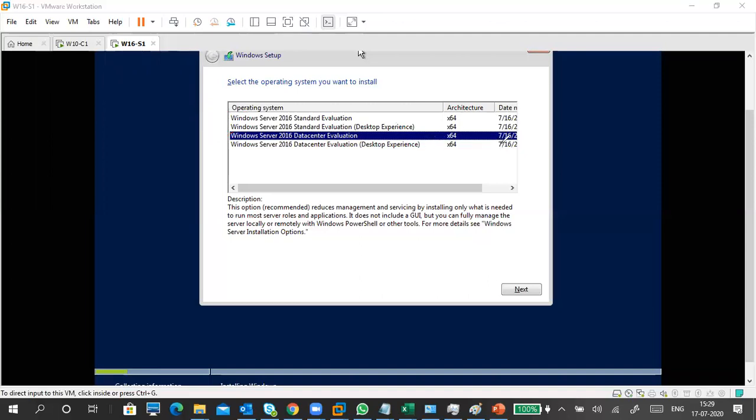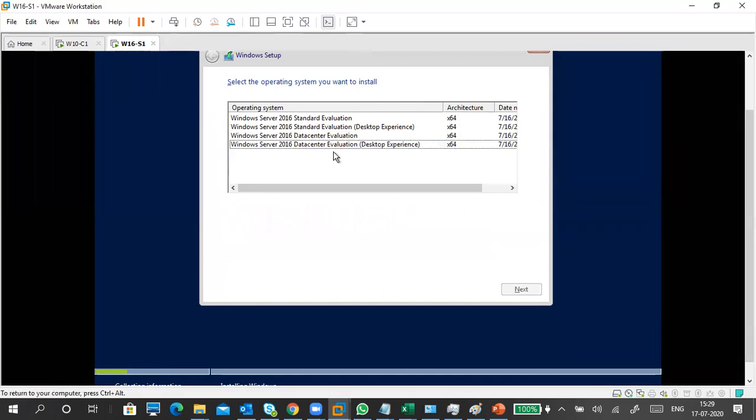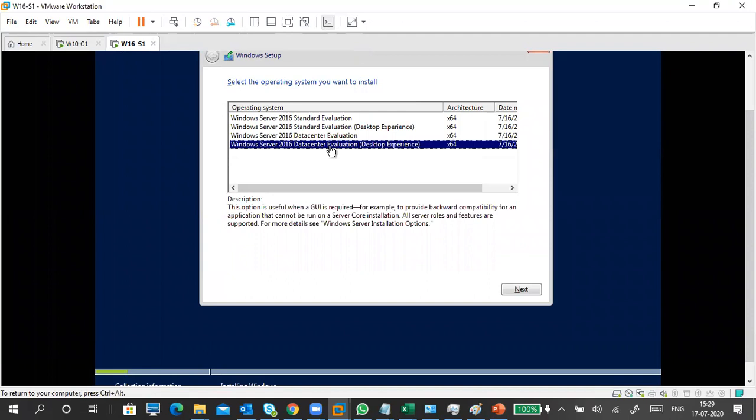Installation time won't change. For safety, I'm selecting the last one, Datacenter. This option is used when a GUI is required, for example to provide backward compatibility for applications that cannot run on a server core installation. This is Desktop Experience.